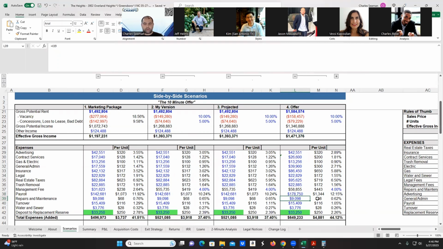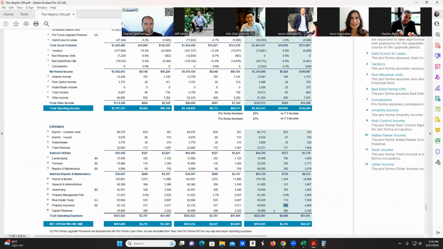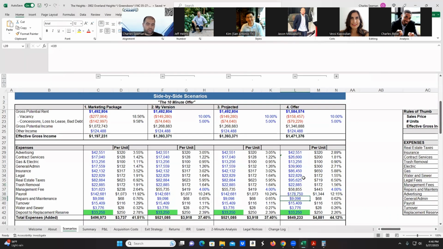Now, repairs and maintenance and turnover. Between both, we're at 184 a door. Who thinks that's a good number? Who thinks the seller might be capitalizing a lot? Who thinks the seller might not be fixing anything? Yes. Yeah, that seemed pretty low. Very low. So it would lead me to believe that they're either not fixing things or they're capitalizing as much as they can. So the broker's adjusting that number to 350 a door for repairs and maintenance and 250 for turnover. I would say those are pretty typical numbers for the market,